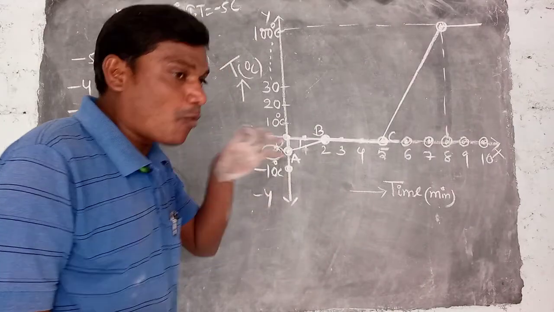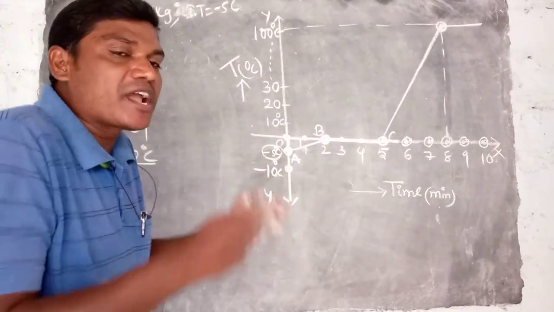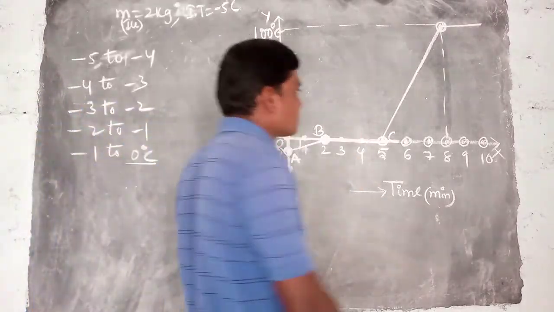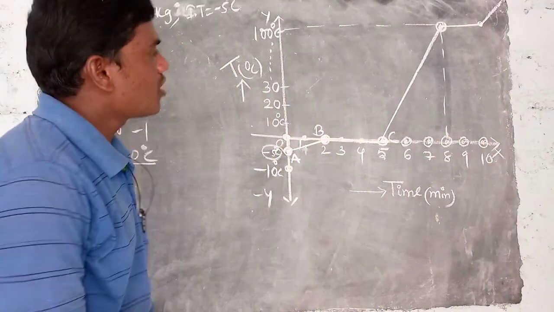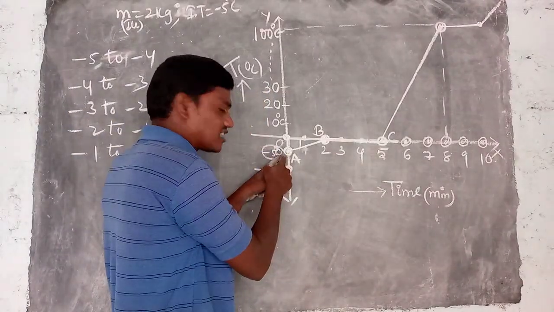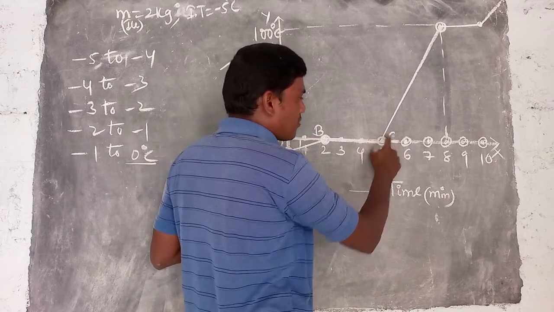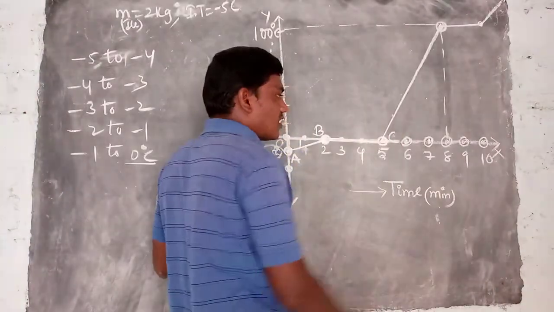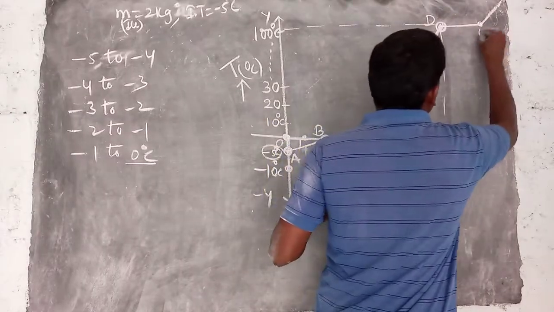But at that time, what happens to the heat energy we give to the water? That energy is absorbed to break the intermolecular bonds and also to increase the intermolecular space. After that, the temperature increases again. So now A is the starting point of the ice, minus 5 degrees Celsius. B is where the temperature reaches 0. C is the completion of the melting process, where the water starts to convert to vapor. Next is D, E, and F.